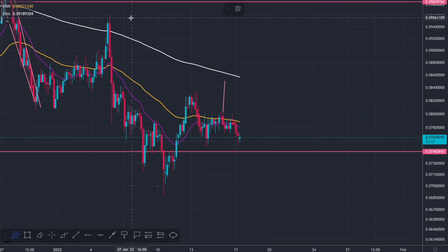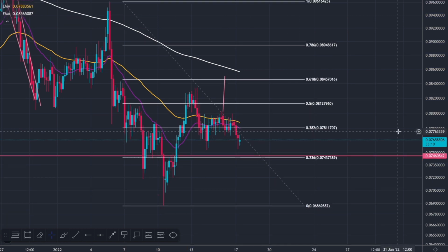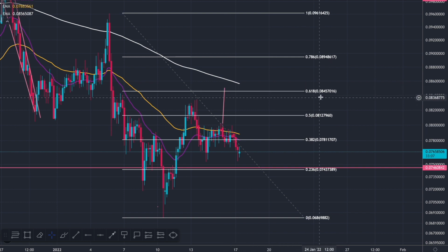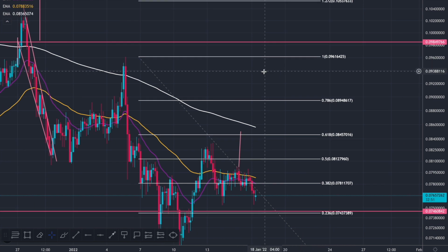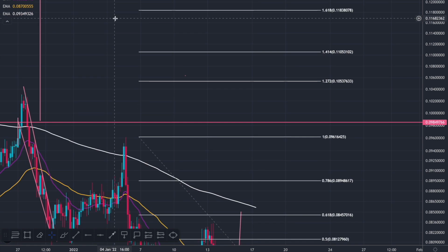Let's add some positive fibs top to bottom. If this was our bottom here, which I do think it most definitely could be, that target will take us above the 0.618, which is exactly what we want. We want to be hitting that 0.084 cent, and it lines up with the 200 moving average too. So in the short term, I do think this could be a strong possibility if Bitcoin plays nicely as well. Obviously, then it's going to take us to the 1 here, reaching the top of these highs above all moving averages. At that point, we may have to come back down maybe to this level or this level here. But if we do hit 0.096 cent, we'll be on our way, if we hold it as support, to the 1.618 at 11.8 cent. And obviously, we do have our high target here for the daily time frame W pattern,